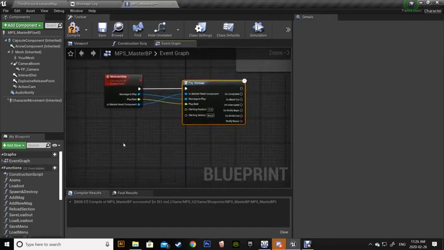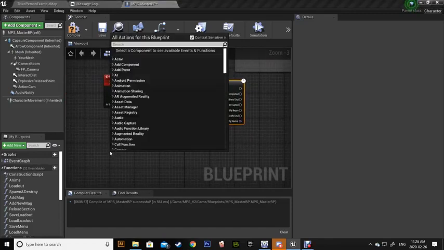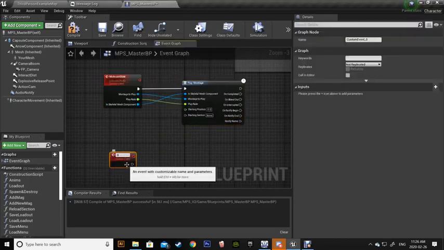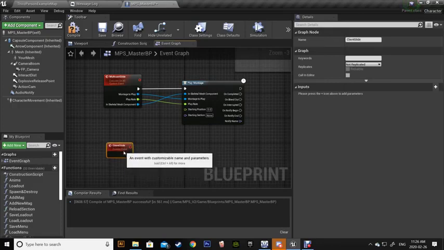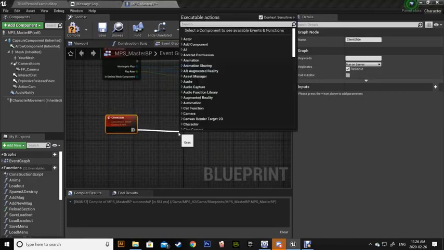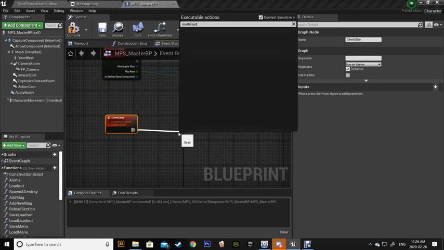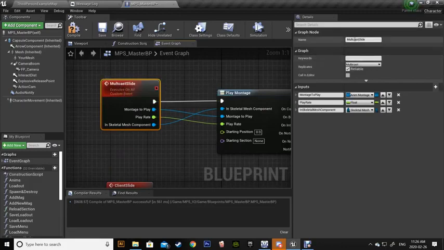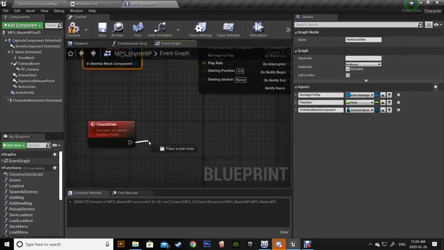Okay. So after that, we're gonna call another custom event, and this time we're gonna call it client slide, and here we're gonna make it run on server, and we're gonna call the multicast. Did I type wrong? Yes. Multi. Okay, so